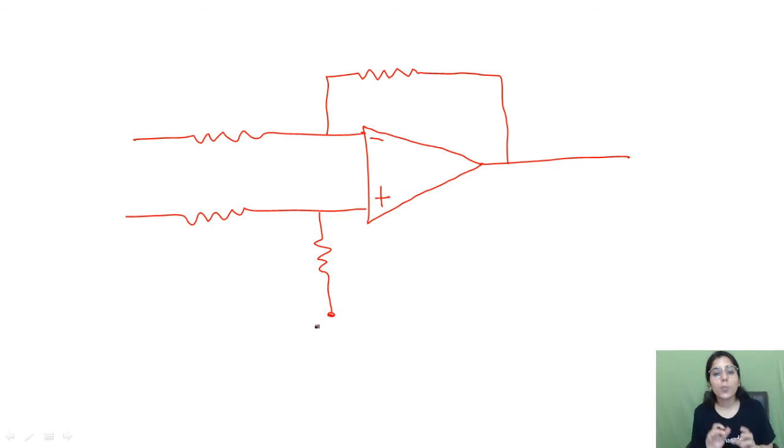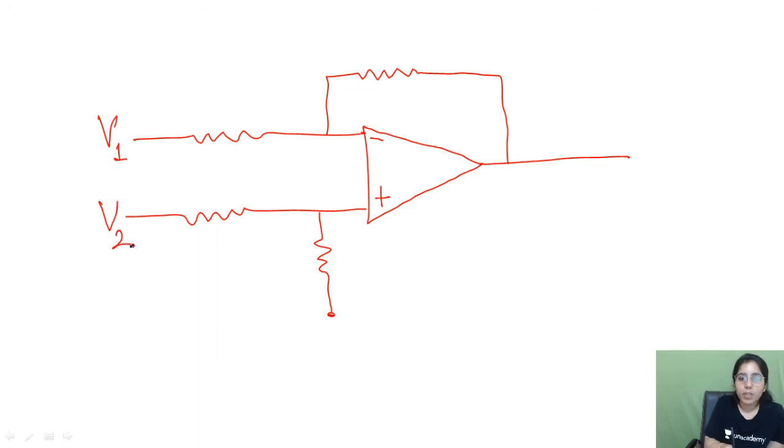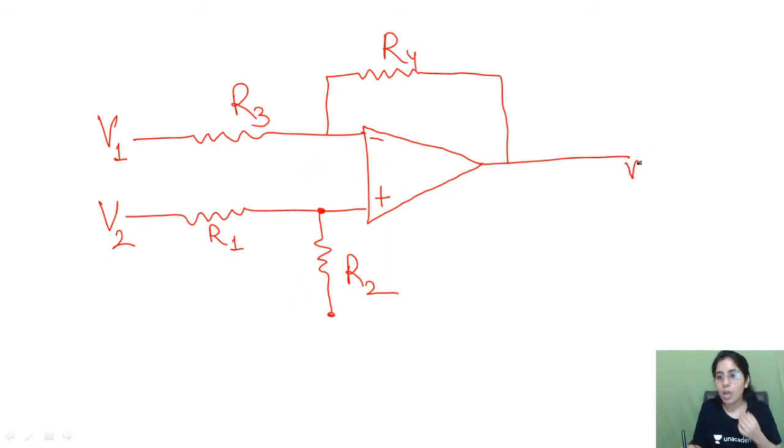Also, if in any op-amp you are not taking the feedback, in that case you will say that it is gonna be the open loop op-amp in which the feedback will not be present. Okay, V1, V2. Next point, there will be some voltage. There is, let's say, R1, R2, R3, R4. Don't consider that R2, R3, R4 have been written here or here or here, because that can get changed anywhere. Okay, in other circuit they may take R1 here, R2 here. Focus on where that particular resistance is present and accordingly take the steps.